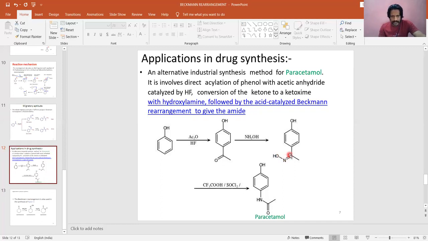Now what are the two different possibilities here? What are the two different groups connected to carbon here? One is the phenyl group, another one is the CH3 group. So when we make this nitrogen an electron deficient nitrogen, these are the two possible groups that can migrate to nitrogen. Here, the phenyl group or aryl group is the migrating group. So this aryl group will be connected to nitrogen here. Look at here, aryl is directly connected to nitrogen, and this is the resulting amide, CONH2. So this is how we synthesize paracetamol by using Beckmann rearrangement.